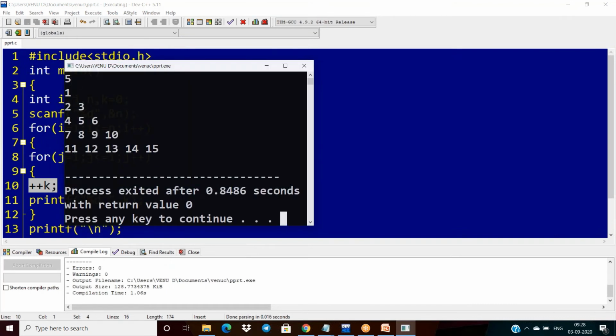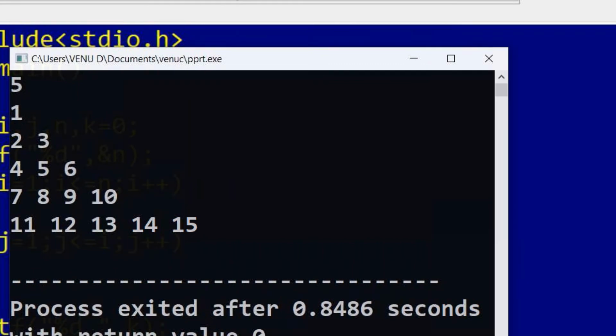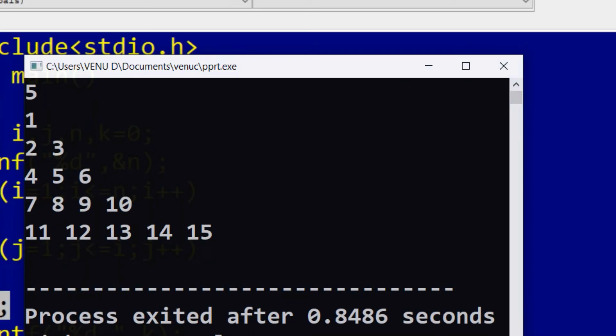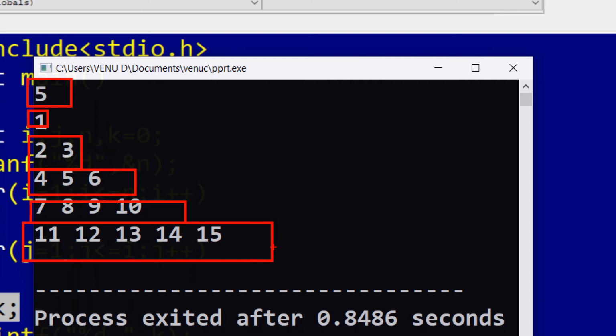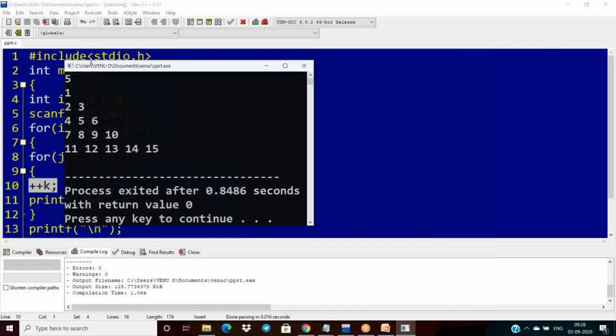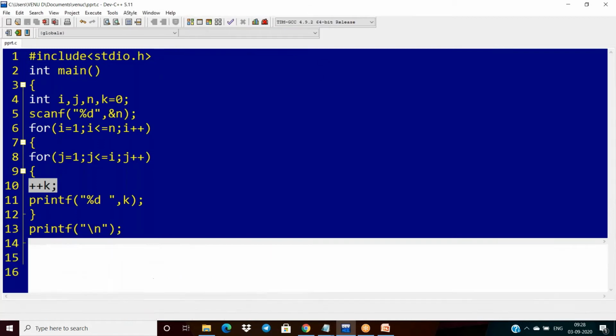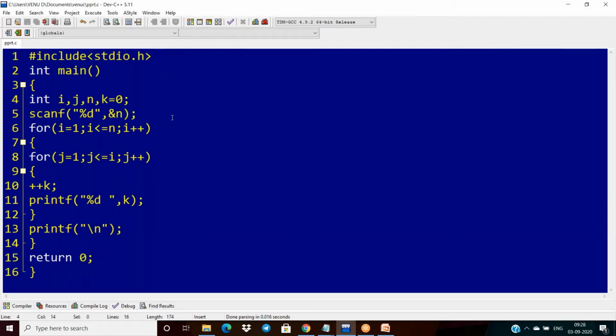If I exclude this, I'm getting this. My input is 5, and first it displays 1, next 2, 3, 4, 5, 6, 7, 8, 9, 10, 11, 12. Otherwise, can I use k equal to 1?